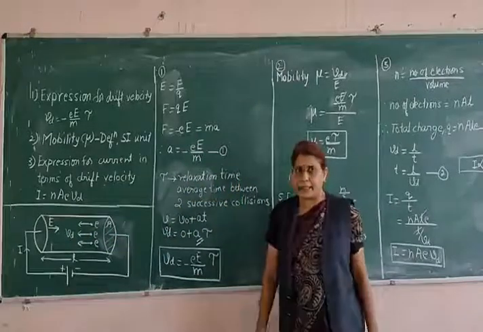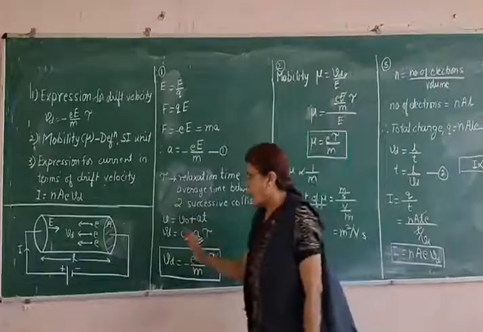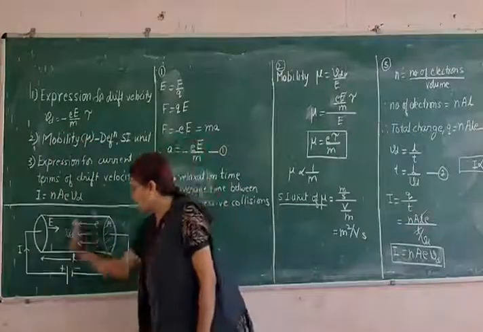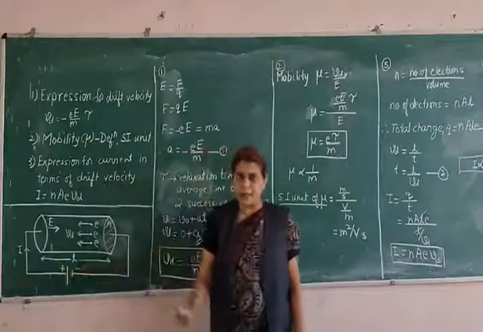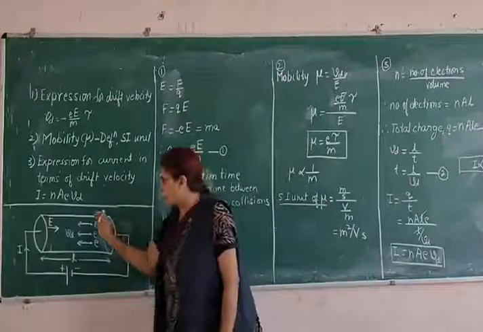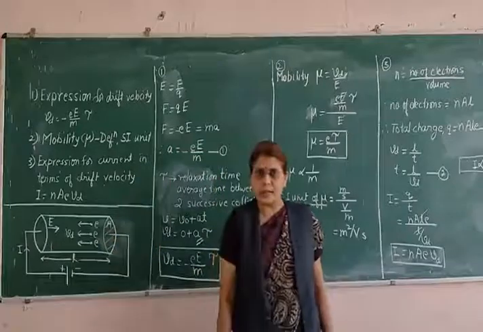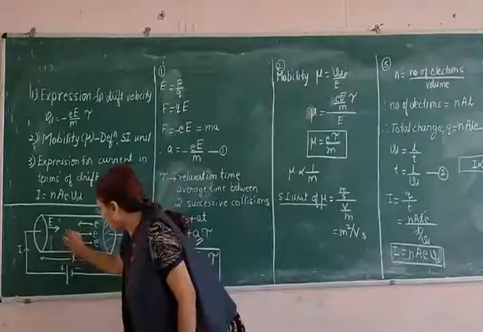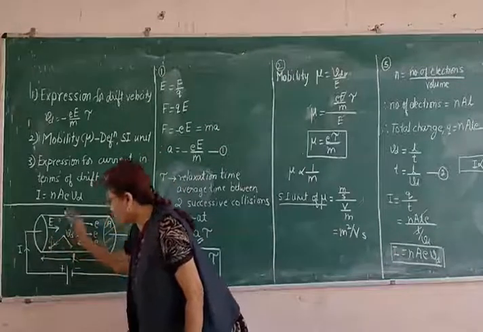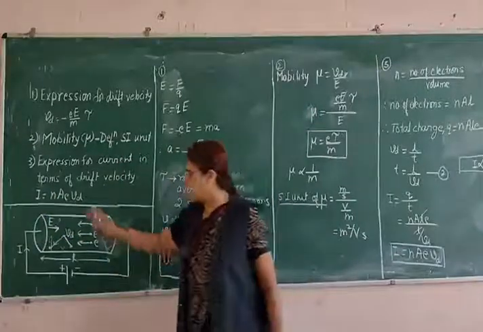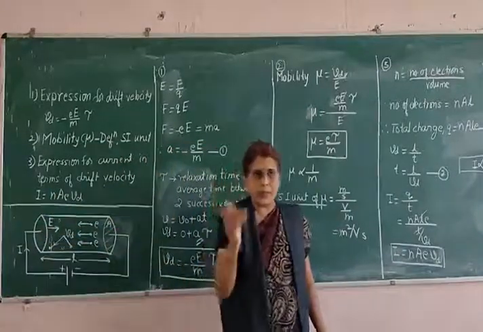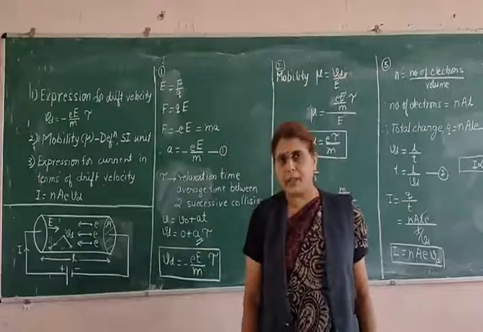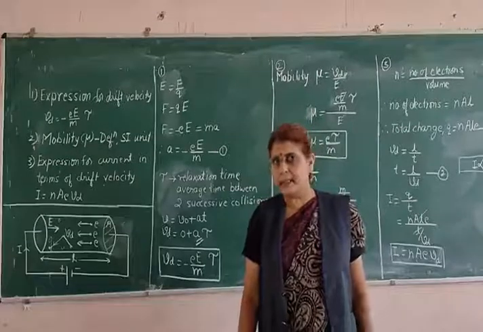Now this is regarding acceleration. The next point is how the path of the electron is in the conductor. This concept also I had explained last time. I have shown the electrons moving straight towards the positive end. But what happens is, when the electrons are moving towards the positive end, the path is not a straight one because there are many atoms in the conductor. The electron goes on colliding with different atoms in the conductor like this. So the path becomes zigzag, but finally they reach the positive end of the conductor. Before reaching the positive end, they encounter many collisions, colliding with different atoms in the conductor.